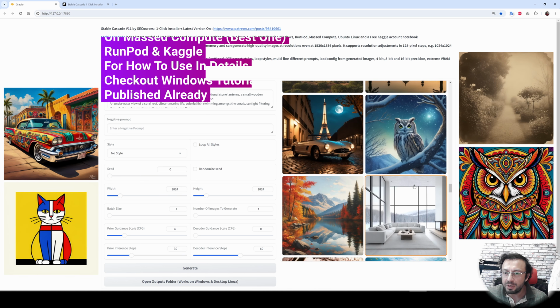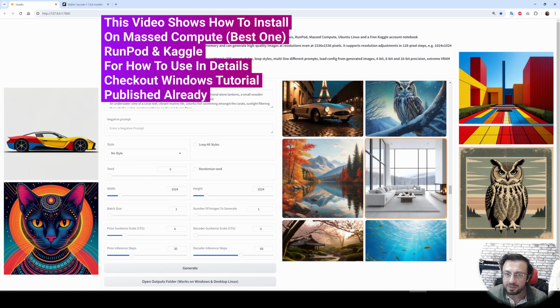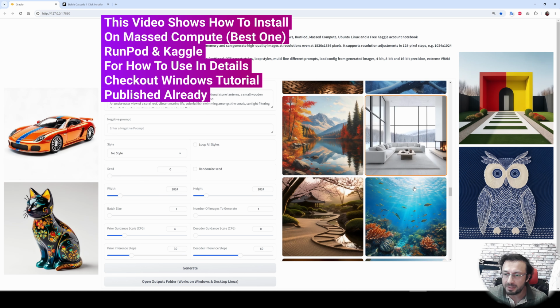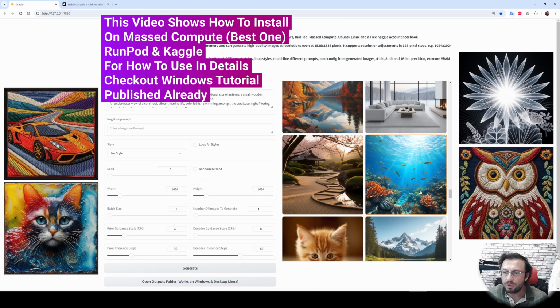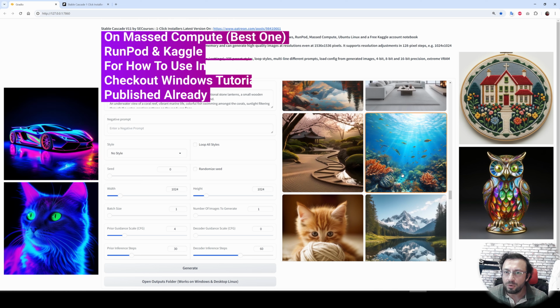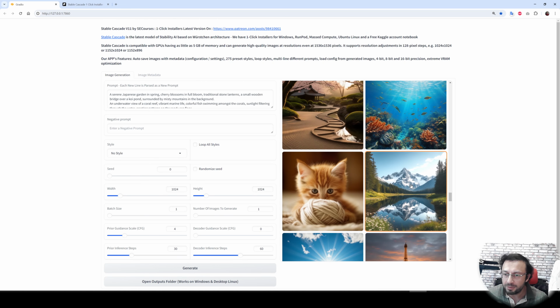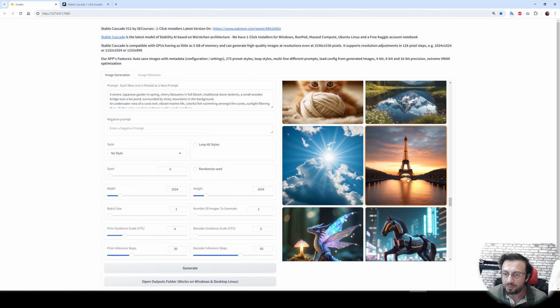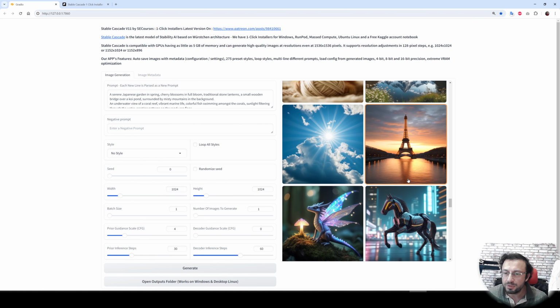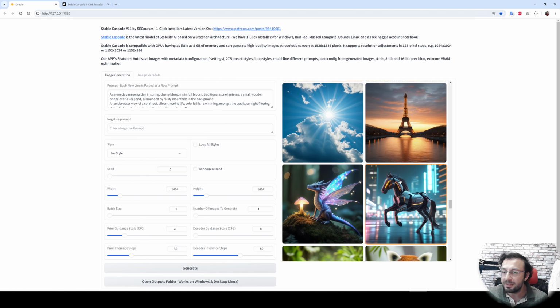So in this video, I am going to show you how to install this amazing application, Stable Cascade application on RunPod, on Massed Compute, and on a free Kaggle account. I also have published a video for Windows. So if you are interested in Windows usage, you can follow that video, but it is so simple.